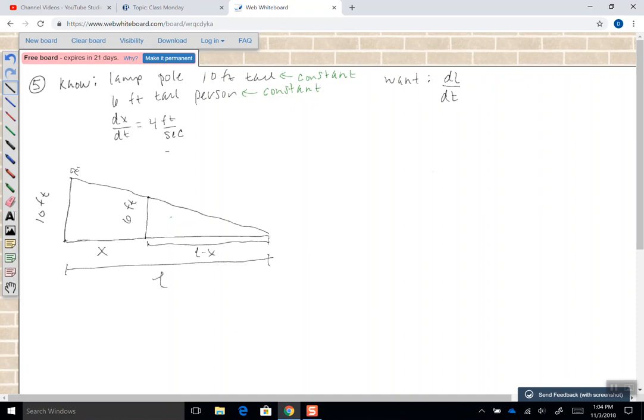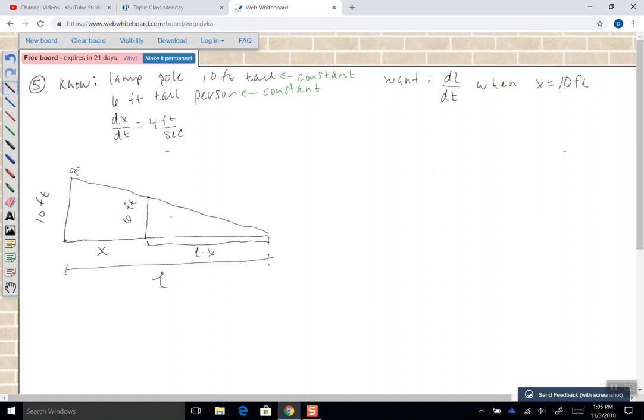And that is when X equals 10 feet, because it says when the person is 10 feet away. So when X equals 10 feet. Okay, so that takes care of the last sentence. We've pretty much drawn everything that we can, or everything we can take away from just reading the question, and